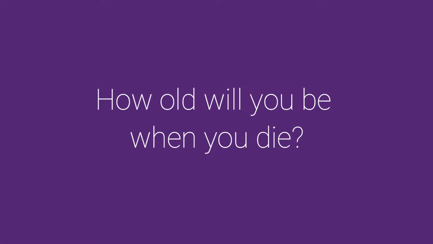So he asked us again, write down how old will you be when you die? So we all did that again, and everyone raised that age quite a bit because you realize we do have a lot of control over our lives. Not complete control, but we do have control over how we eat and how we exercise and how we interact with other people and how much money we make and how much wealth we build. We do have a lot of control over those things, and that's what he wanted us to focus on. So the concept of starting with the end in mind was just very different.